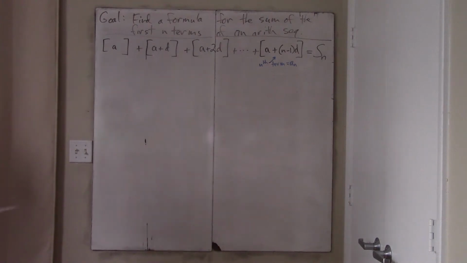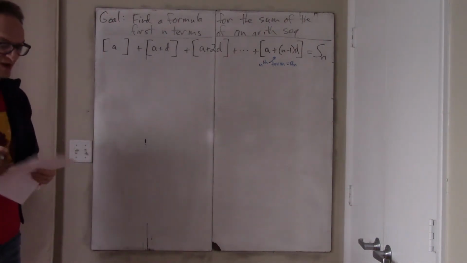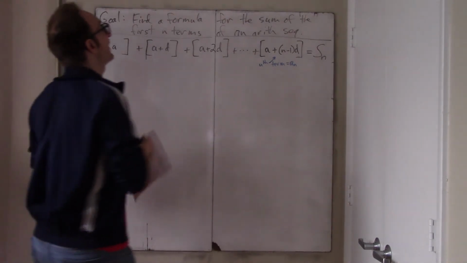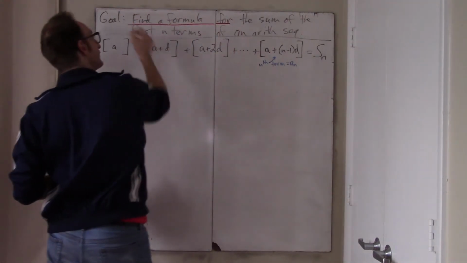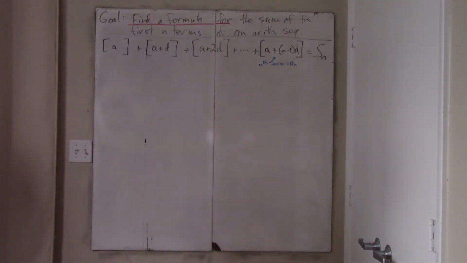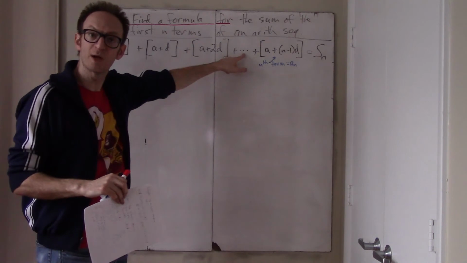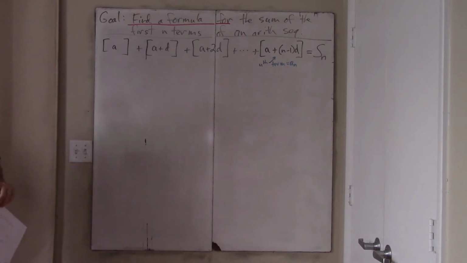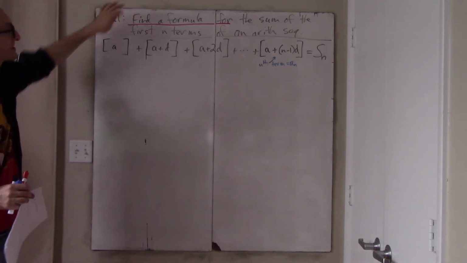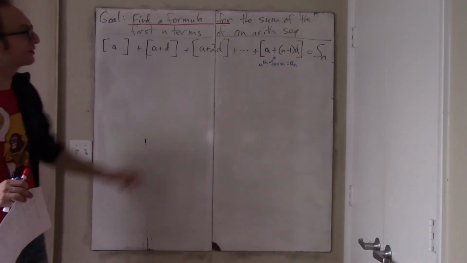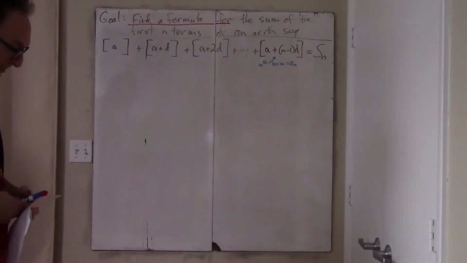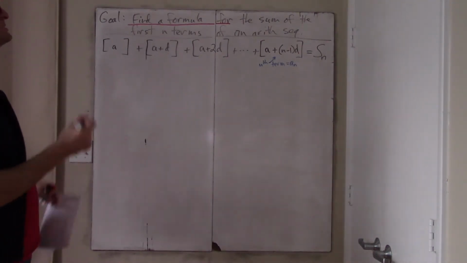Now that I know what I want to do, maybe it's a little more clear what's going on. When someone says "find a formula for," that's always maybe a little vague. What do we mean when we say find a formula for? Well, isn't this a formula right here? Haven't I written something out? Well, the thing is there's this dot dot dot in here, so this is really not a formula at all. This is just a definition for S sub n. So you can think of the task, find a formula, as: get rid of this dot dot dot. Collapse this whole thing into some kind of formula.